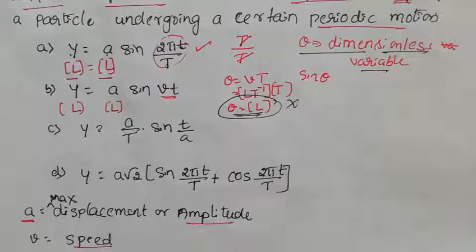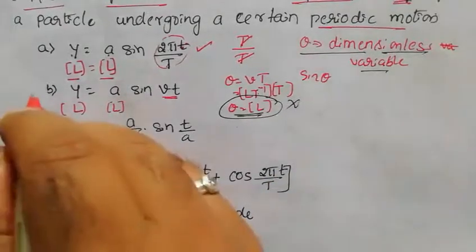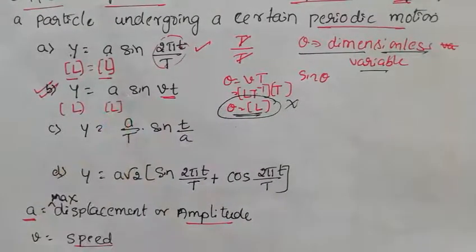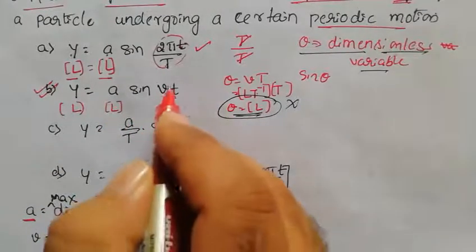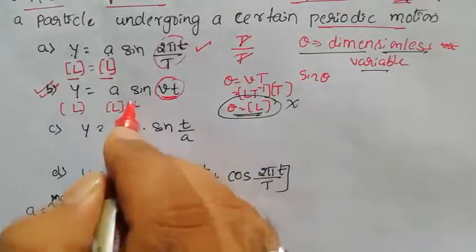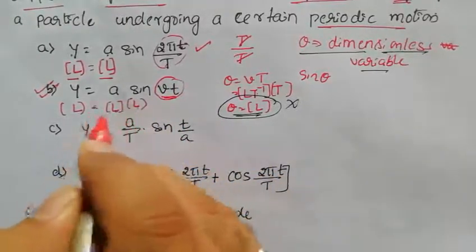So our answer is one correct answer as per the question. This is a wrong equation because it is possessing a dimensional formula. It will become again L, so it will become L into L square. So it is all matching.